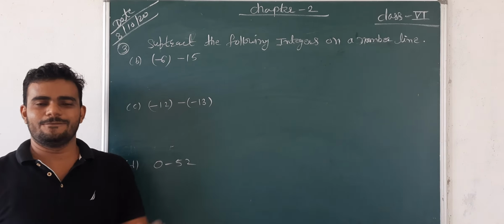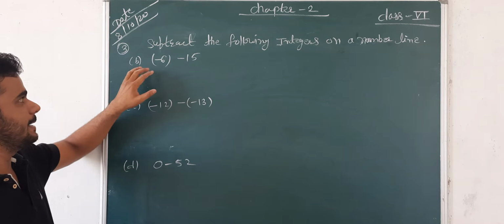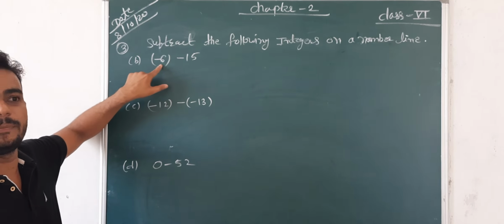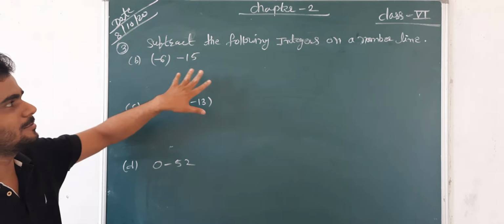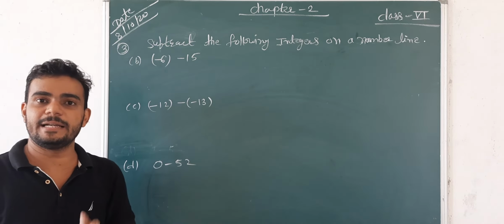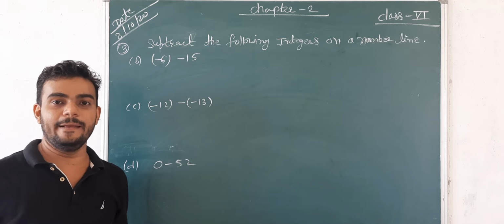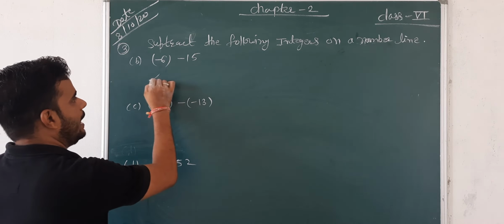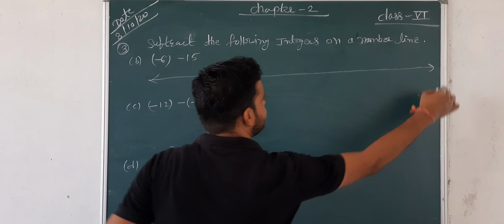Okay, one mistake happened in that V1. I wrote here that there are 16, but the number is negative 6. So just see one more time. The number is negative 6, but I wrote here negative 16. So you just ignore that question there. Just see here. Again you have to draw a number line.